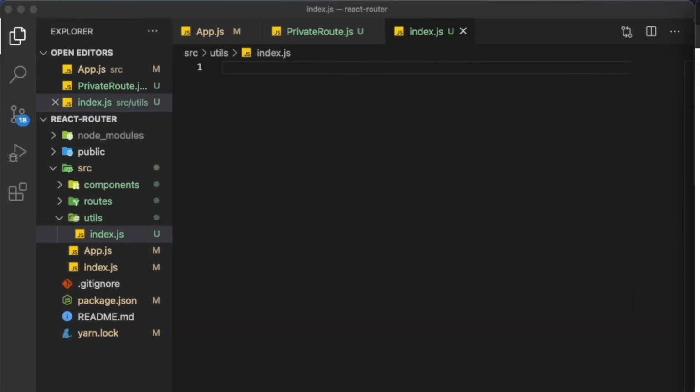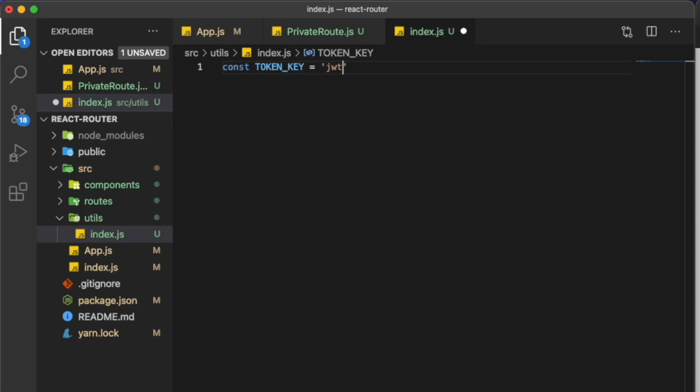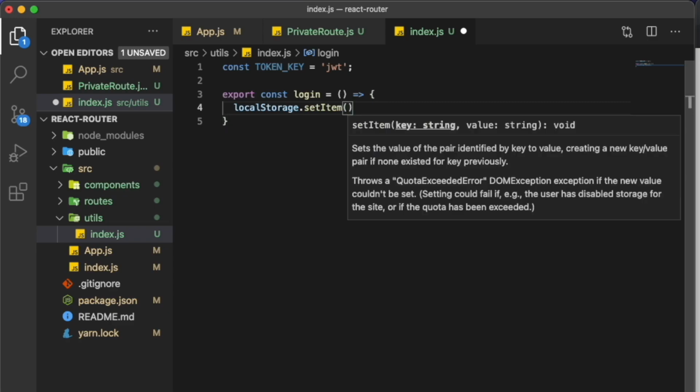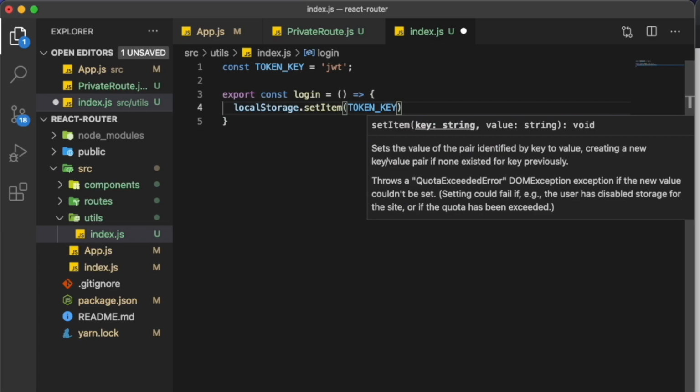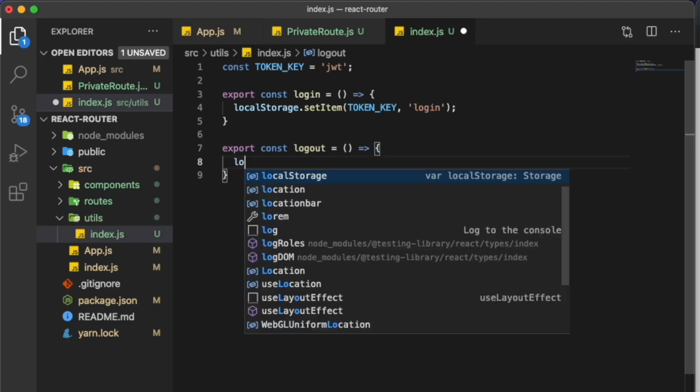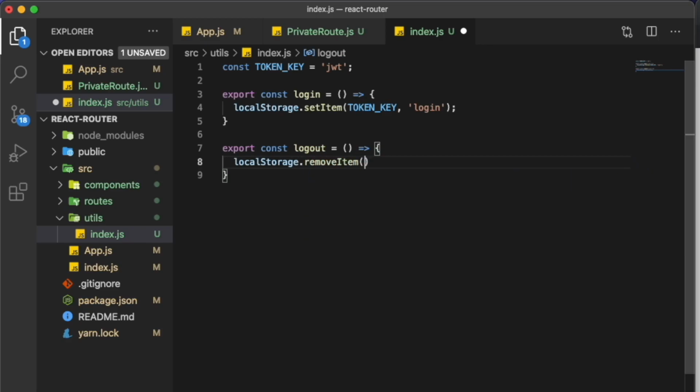All right, so let's create a function first in here. I'm gonna create a variable called, let's say, token underscore key, set it equal to, for example, JWT, and in here I'm going to export a function called, let's say, login, and set it equal to our function. And if the user clicks the login function, I want to say localStorage.setItem. I'm going to create the JWT and pass in a value, and the value is going to be login. Okay, and in here I'm going to create another function. Let's just say const logout, set it equal to our function. And in here I'm going to say localStorage.removeItem, because when we log out, we need to remove the